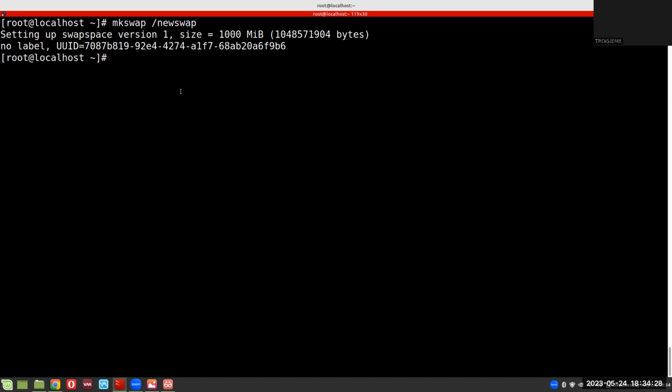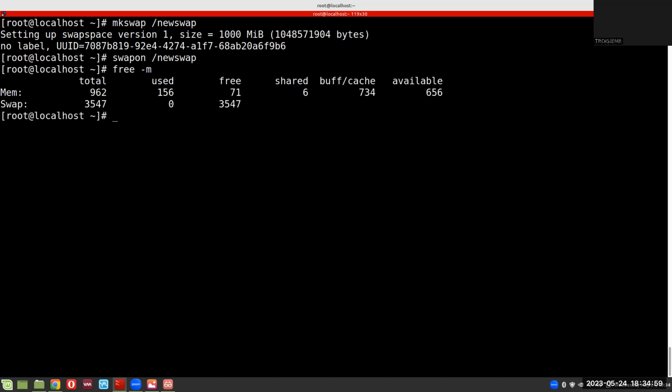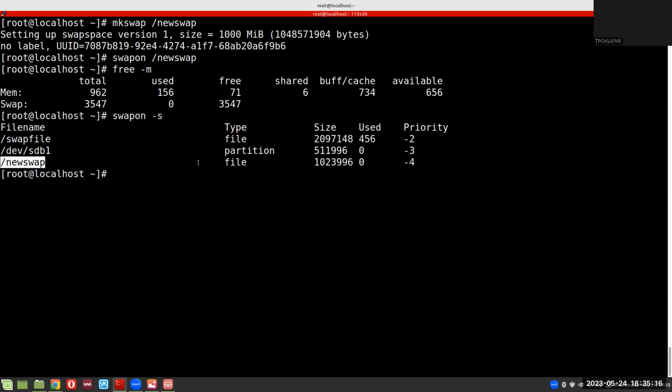Same thing as we were doing for the partition. We can add it either temporarily or permanently, and the game is going to be pretty much the same thing. To add it temporarily, we need to do a swapon, and we specify the name of the file that we just created, newswap. And if we do a free -m to see the size of our swap, we already went all the way up to 3,500 based on what we have added. And if we decide to do a swapon -s, here we see that we have a new swap that is created based on the file